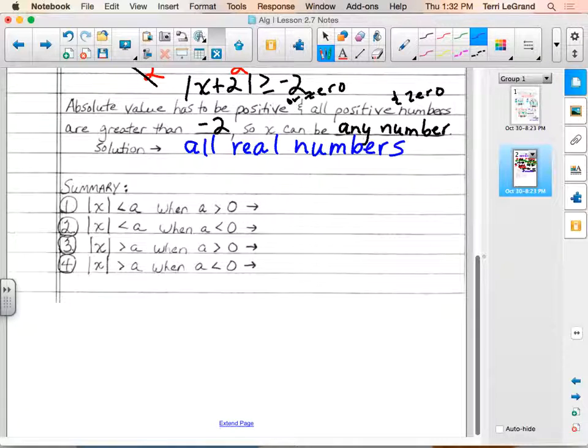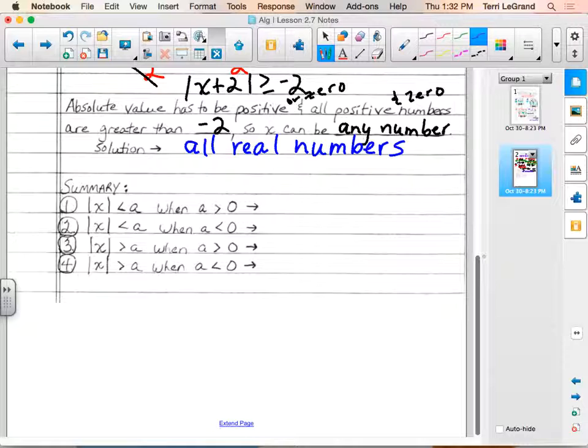Well, so here's the conclusion we're going to make, guys. We're going to summarize all of this, okay? Let's go. Absolute value expression, I'm just going to use X as my expression inside of it. When you have an absolute value expression by itself, and it is less than a number, and that number is positive, so in other words, the distance has to be less than a positive